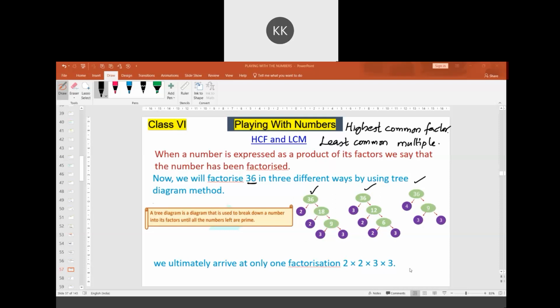If you look at the digits here, we can conclude that after factorization, it is the product of these prime numbers: 2 multiplied by 2 multiplied by 3 multiplied by 3. Because 2 times 2 we get 4 here. And these digits are the same. They are called prime factors. So any number is expressed as the product of primes. This is called the product of primes.